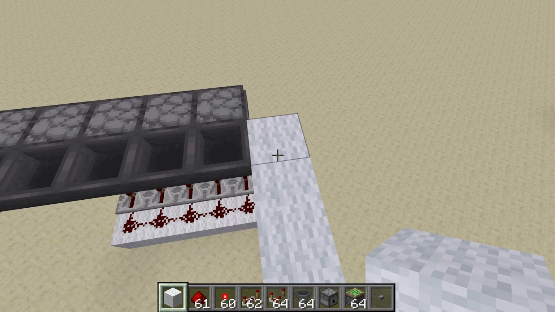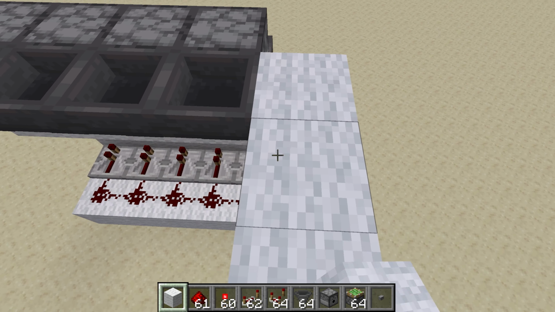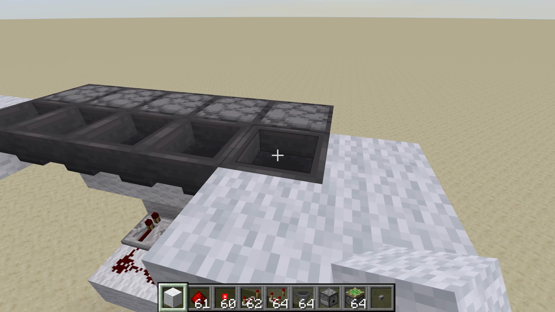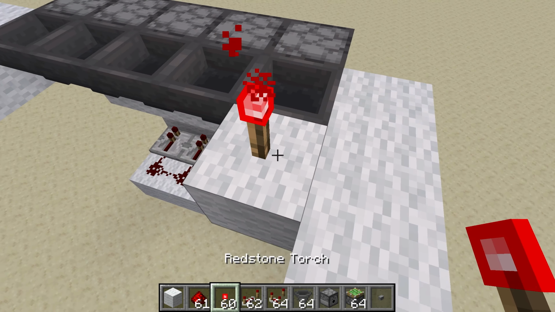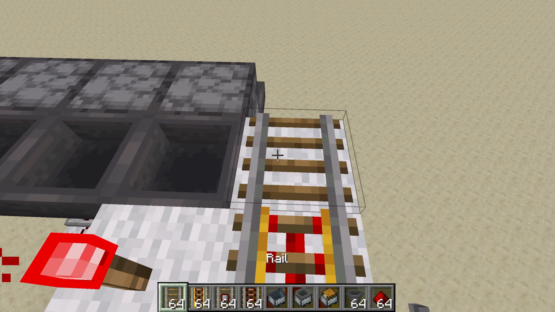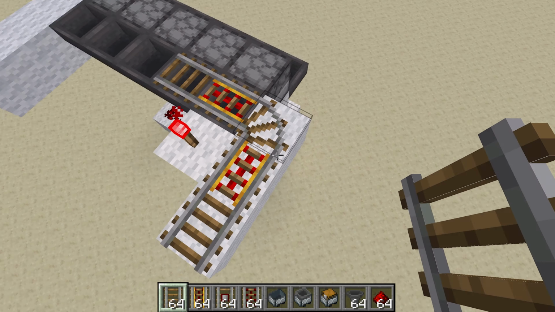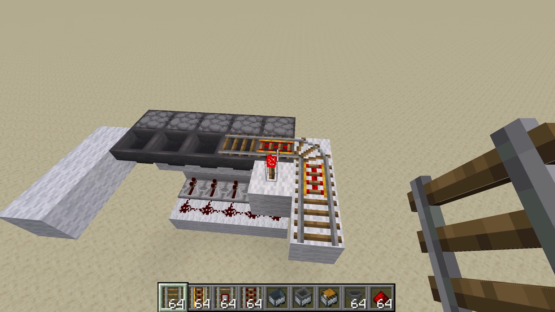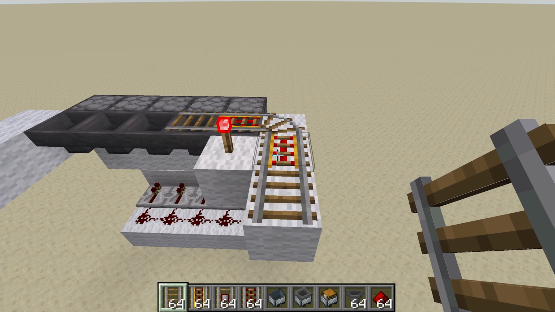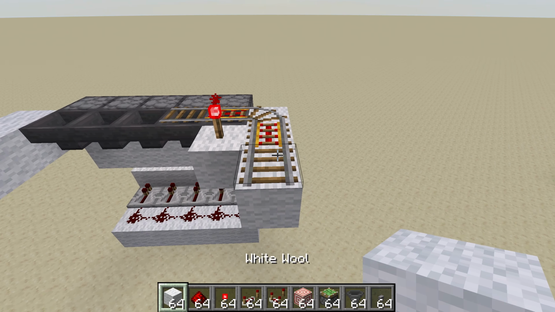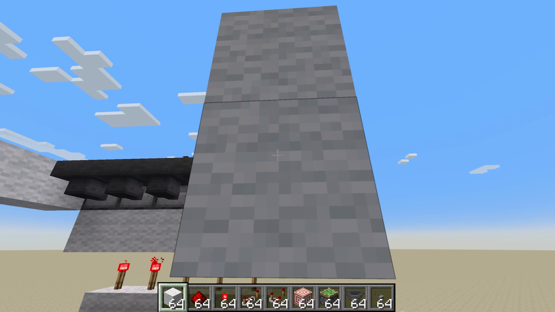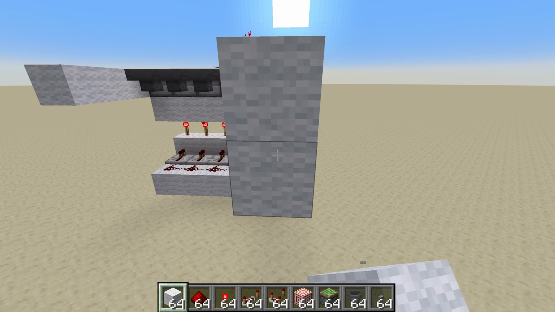However, right here, this needs to be its own powered rail. We're going to have a powered rail on this hopper too. So we're just going to place a torch here, and now I can just place them right here. This is what it's going to look like. These are not connected to any other parts of the machine. They're just always powered. So now right here, we need to start bringing 2 blocks down, 1 block up, and